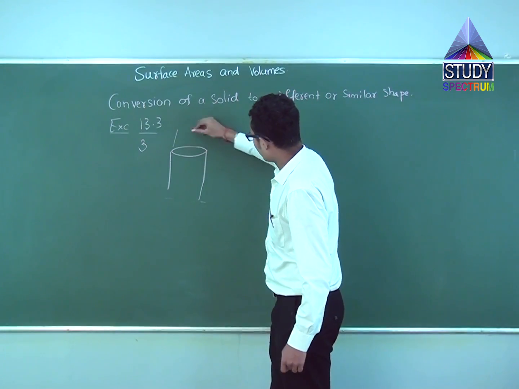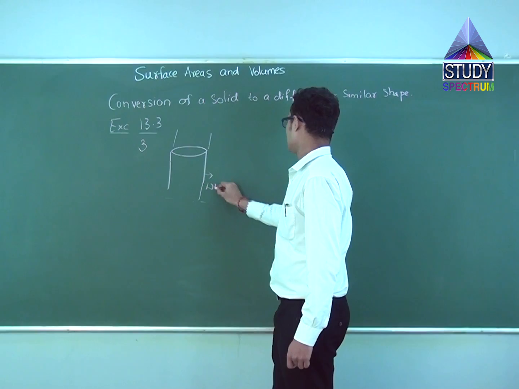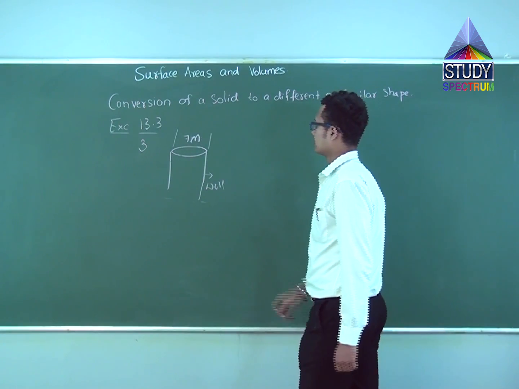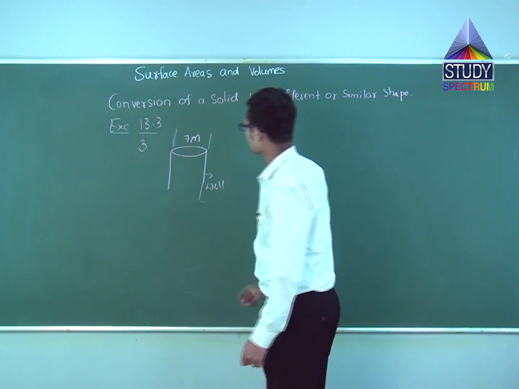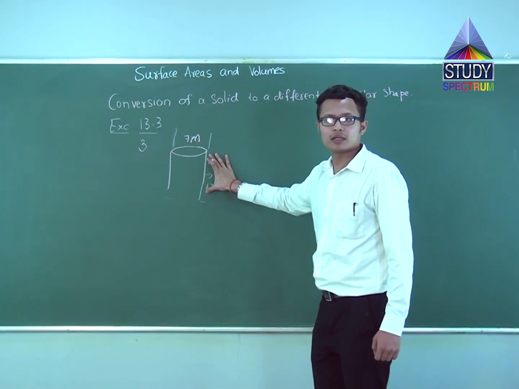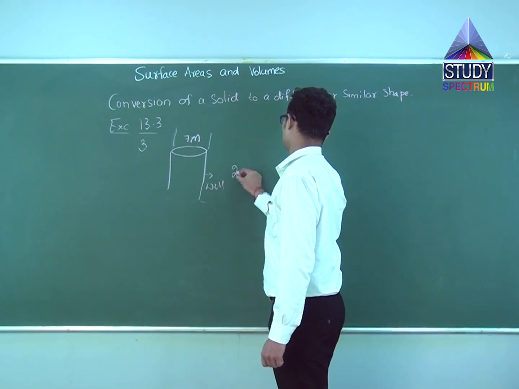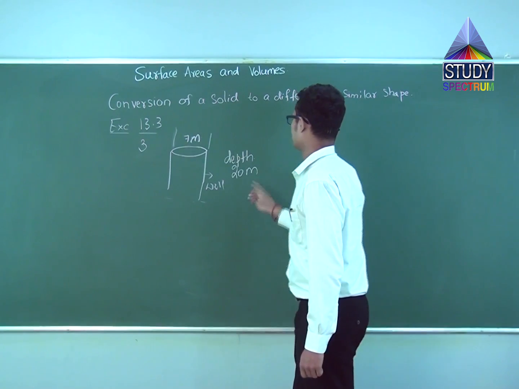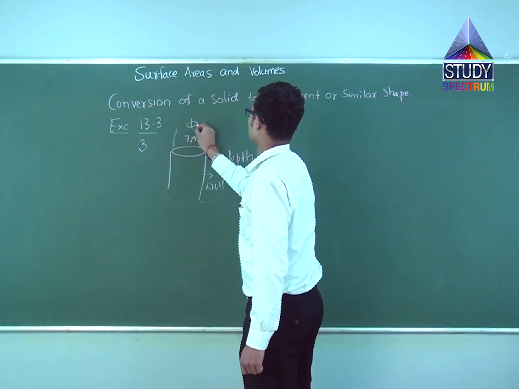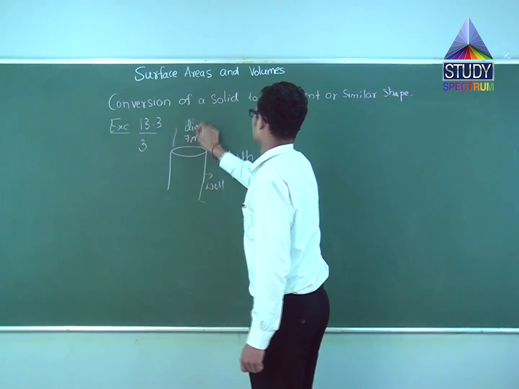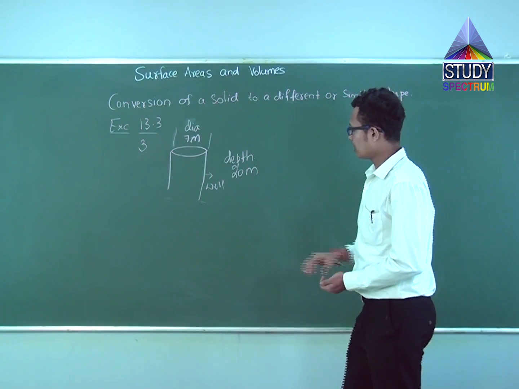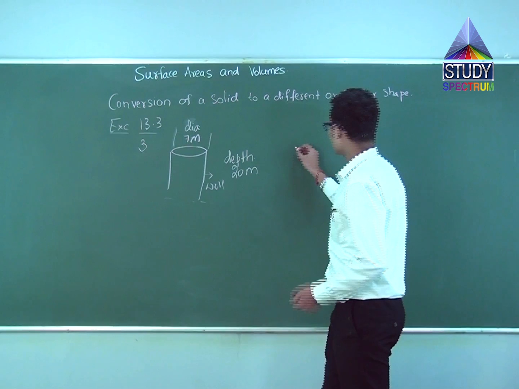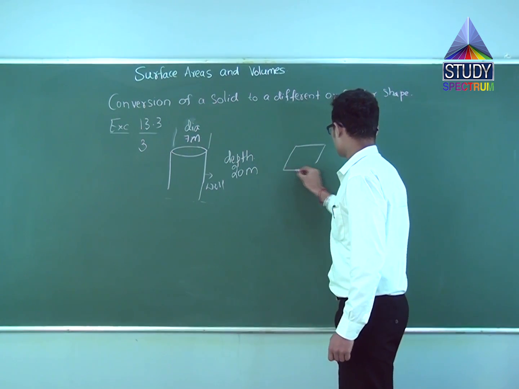Diameter of this well is 7 meters. And the height, that is depth, is given as 20 meters. Diameter can be indicated like this, or you can just write dia. Now the mud that gathers is made into a cuboidal form like this, whose